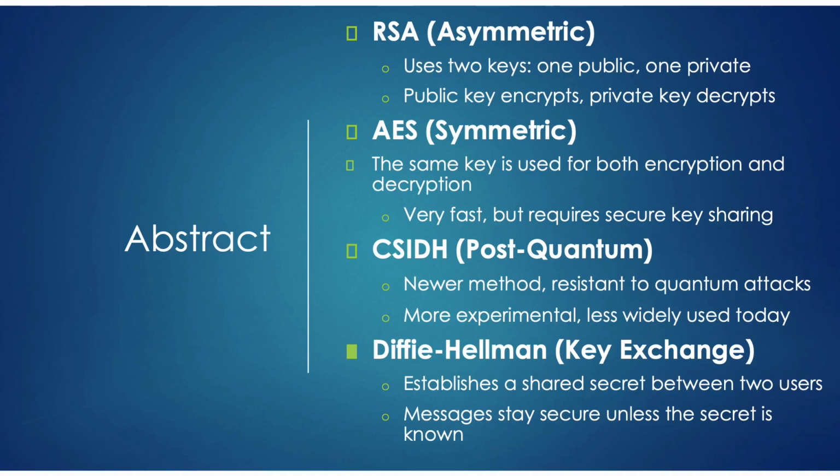Diffie-Hellman ended up being the best option for us. It lets two people create a shared secret without ever sending the actual key. That means even if someone is listening, they can't read the messages. It's simple enough to implement, but secure, which is exactly what we needed for our project. So overall, Diffie-Hellman gave us the right balance of being practical to build and secure enough for real-world messaging,